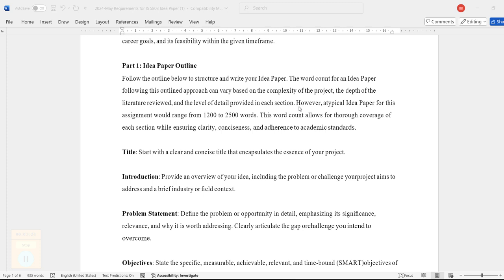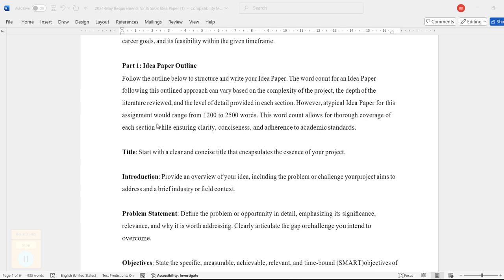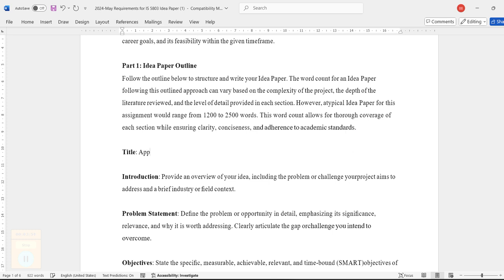So, for what organization you are proposing the solution, what is the key problem they are experiencing, how we have to analyze the problem and how it can be solved, that has to be analyzed and presented in the paper. Say, for example, I will take the same example mentioned. So, my title is Appointment Booking System for Clinic, maybe for Sanya Clinic. This is my title.